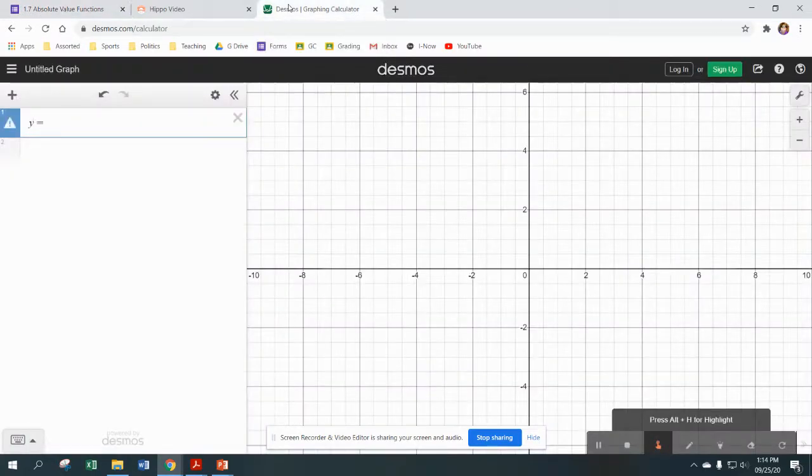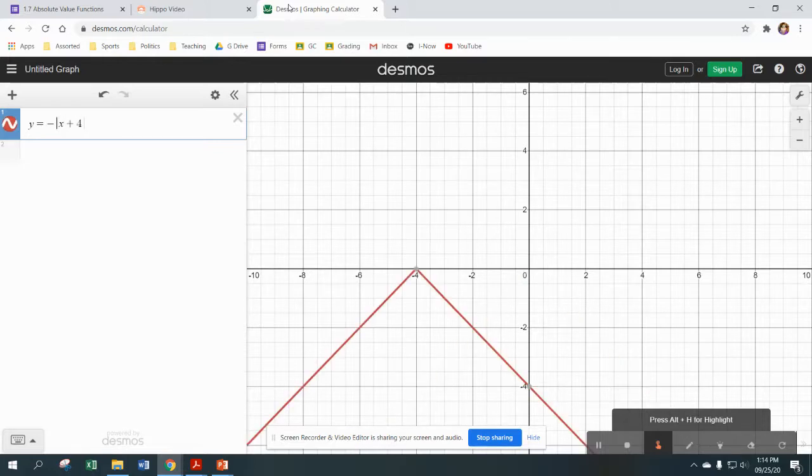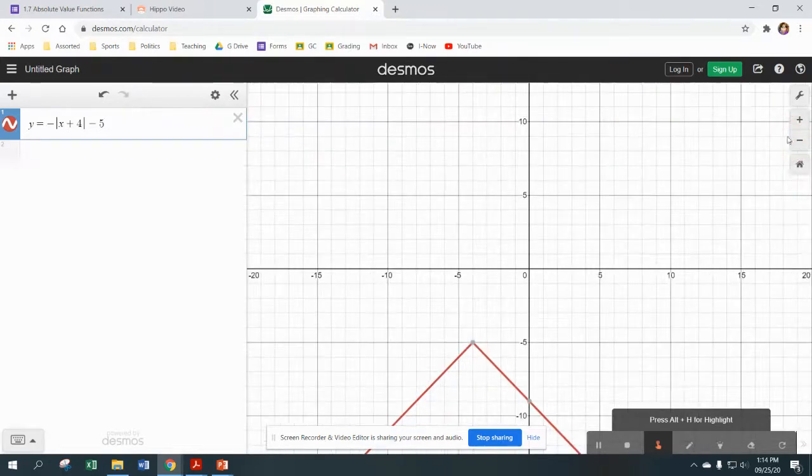Y equals negative absolute value. This is the vertical line button right above the enter key. X plus 4, absolute value, minus 5. And since it's hard to see on this, we're going to zoom out just a little